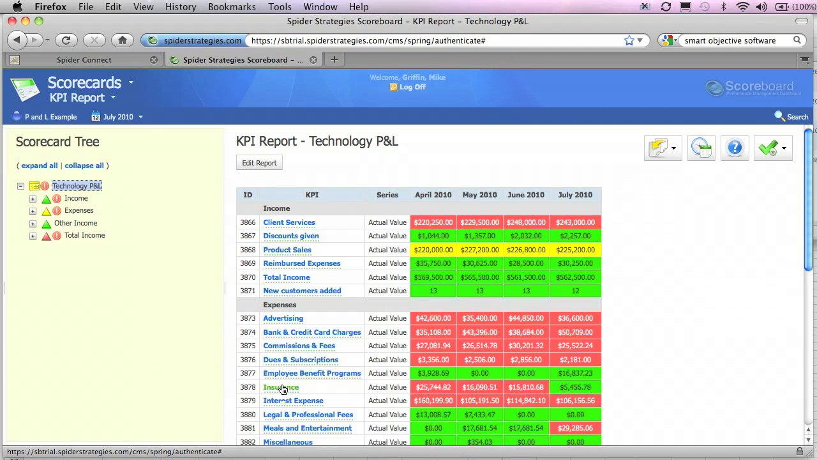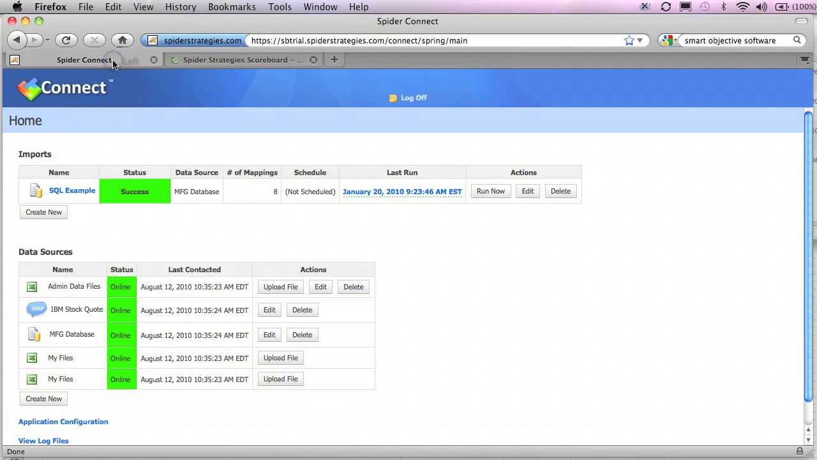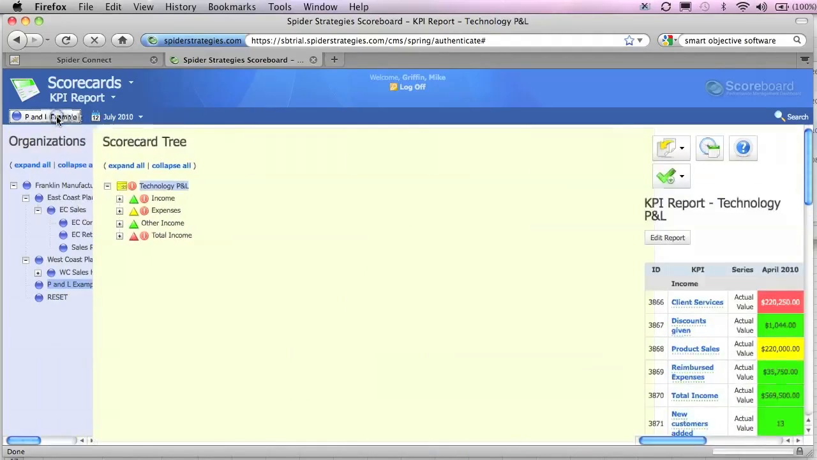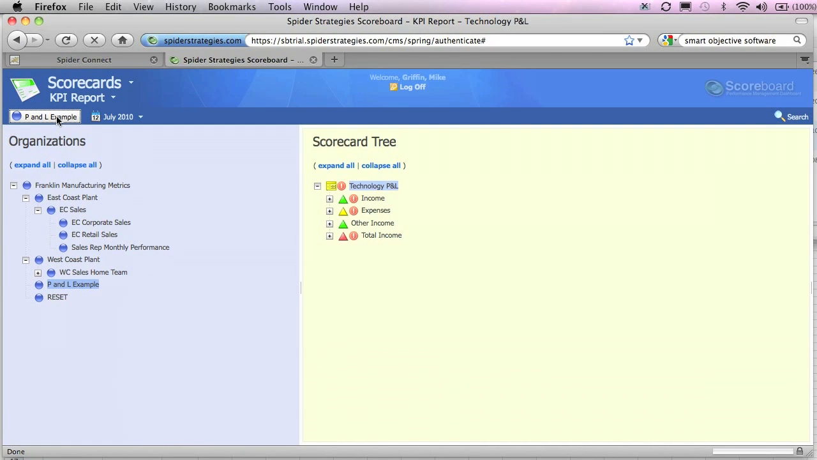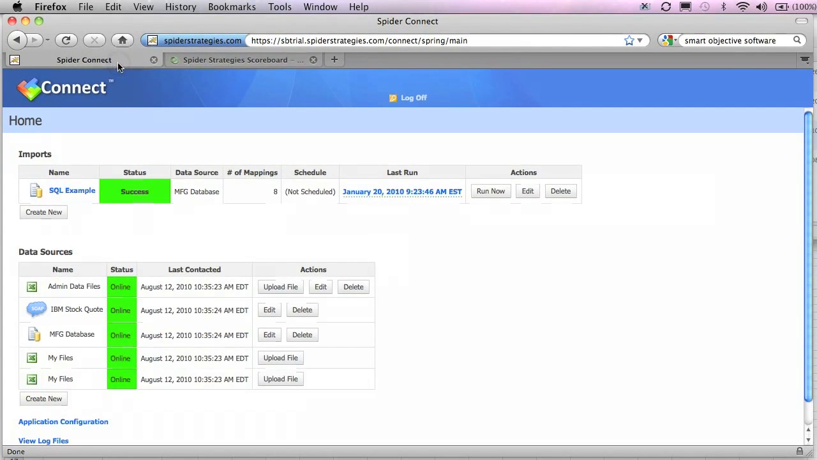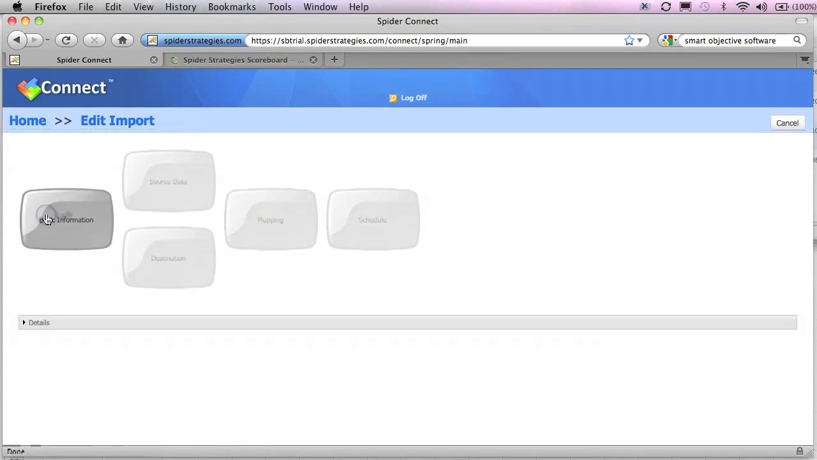It's important for you to keep this in mind because when you go in to create a data mapping to an Excel spreadsheet in Connect, you're going to see exactly the same structure choices. You're going to see the organization tree that you've created in Scoreboard or Quick Score, and then you're going to see your scorecard tree when you select your KPI or measure mappings. We're going to go through what you see, then we're going to give you examples. When you're going to create a new import mapping,